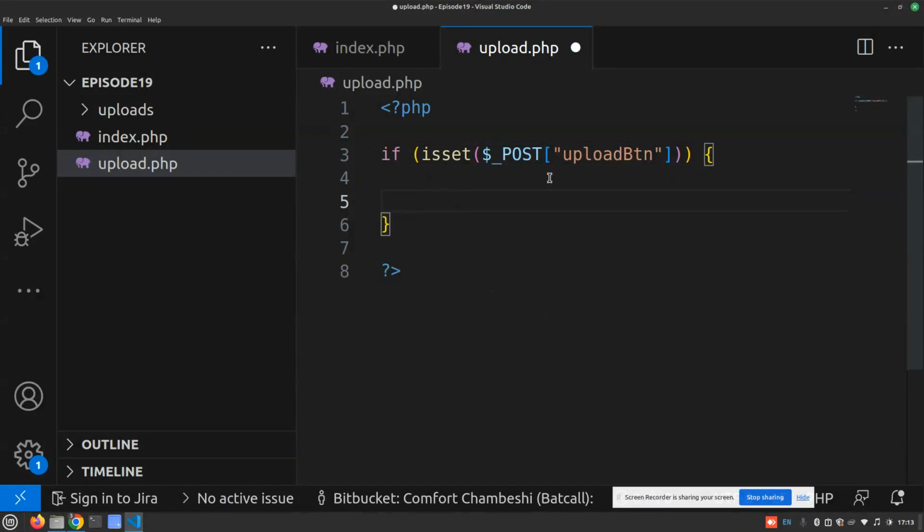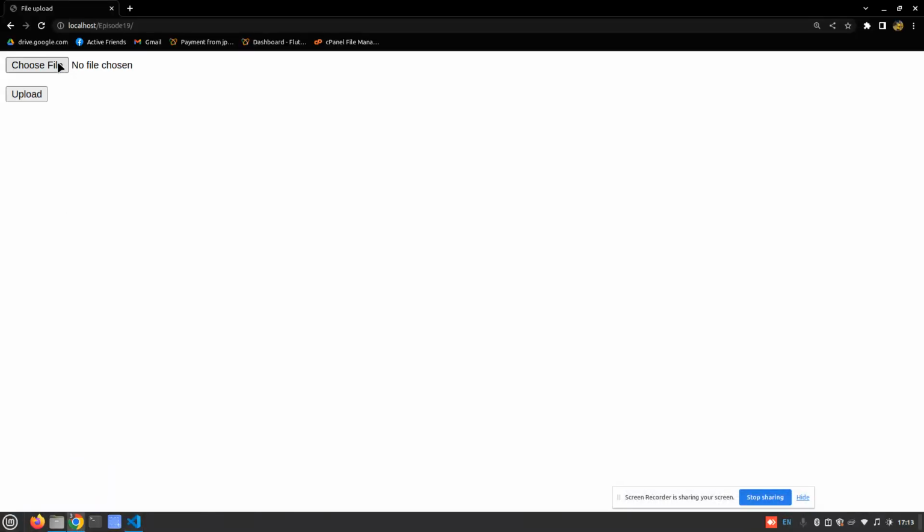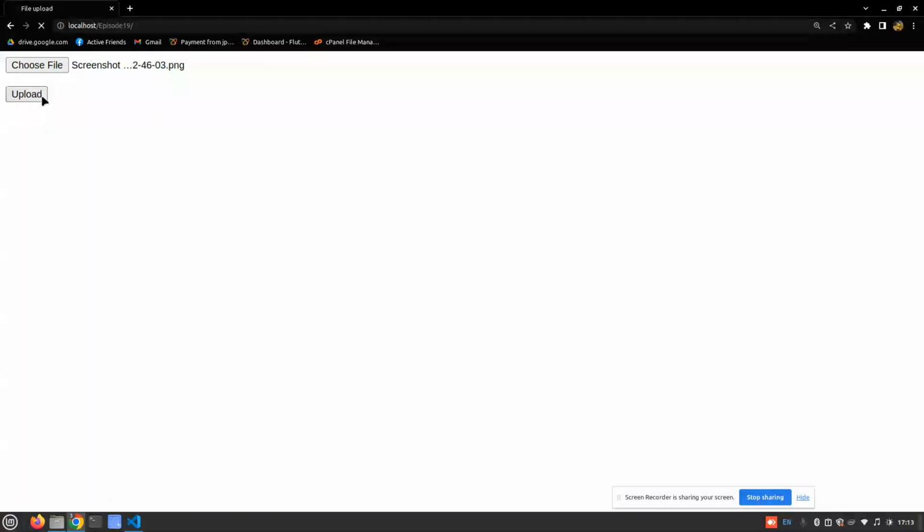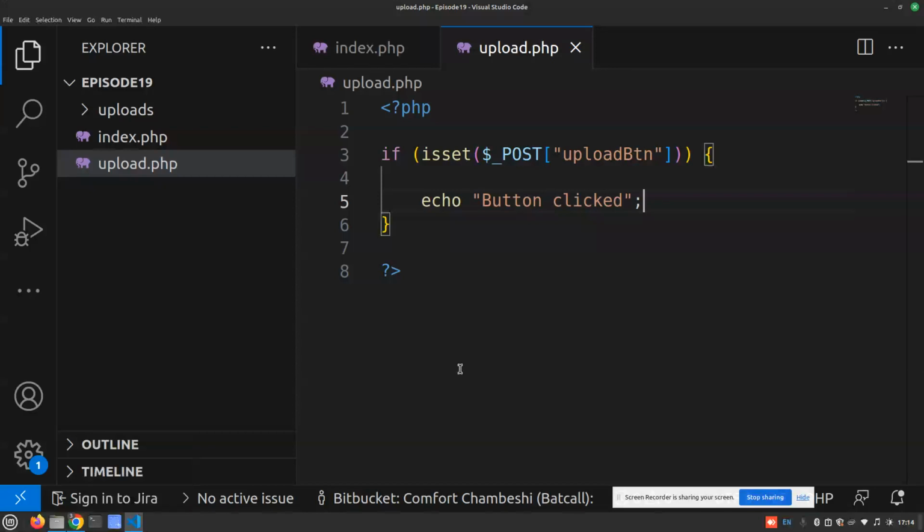Let's display something here. Echo button click. Let's see. So it's important to check. Okay, let's assume that I've just uploaded anything done. So button clicked. So we're able to see that. Okay, now